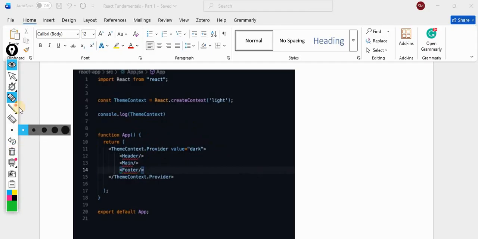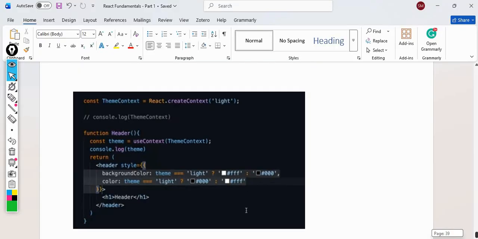Now, how are they using the context? If the header wants to use this context, how is the header using it? This is the code for the header.